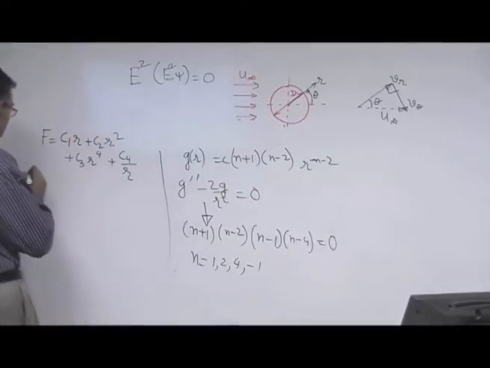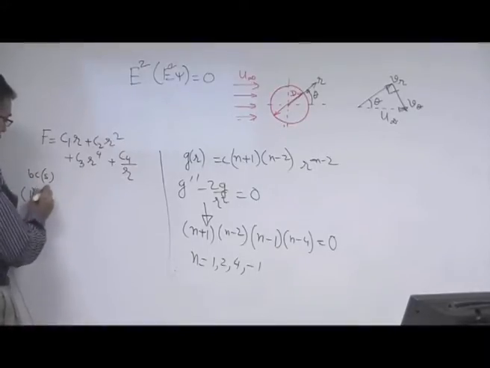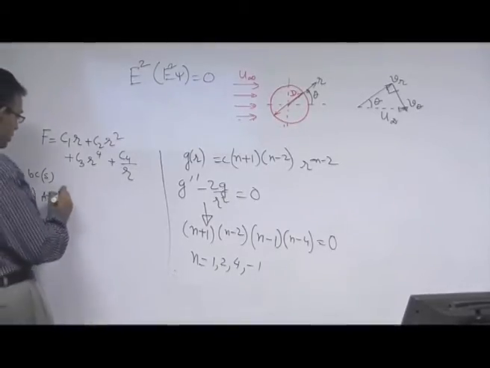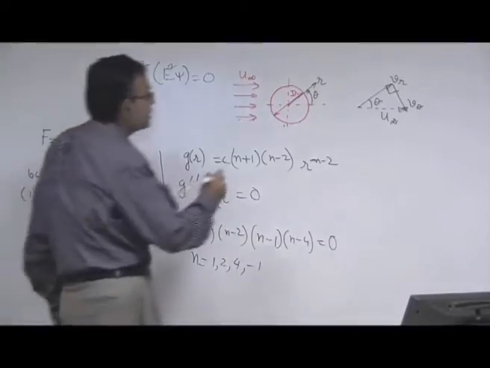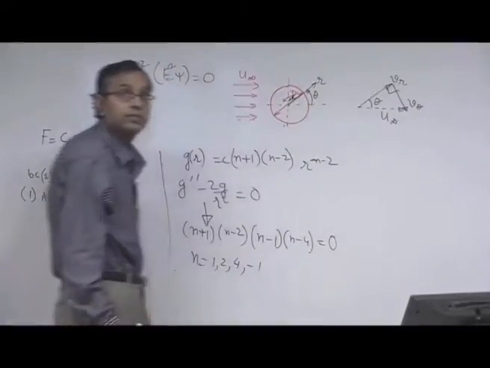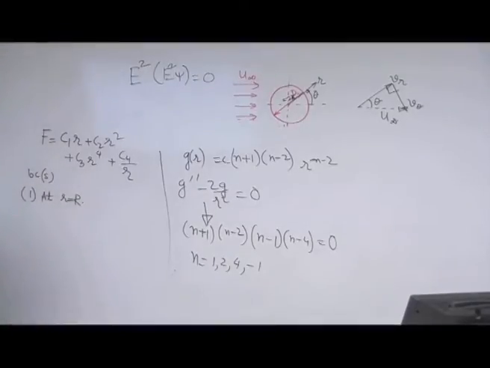So, the boundary conditions, number 1, at r is equal to capital R, let us say d is equal to 2r. So, capital R is the radius of the sphere. So, at small r is equal to capital R,